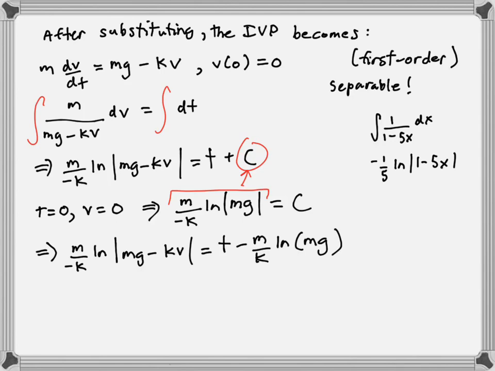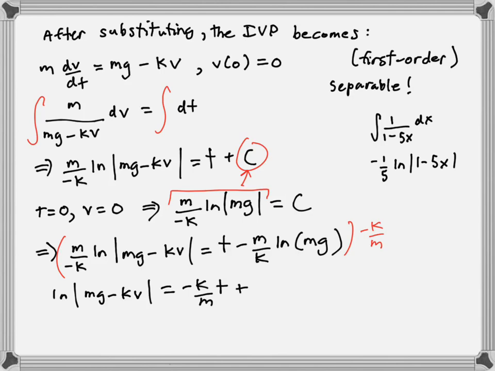In other words, I'm going to multiply it by negative k over m. So if I multiply both sides of this equation by negative k over m, I end up with the natural log of mg minus kv is equal to negative k over m t